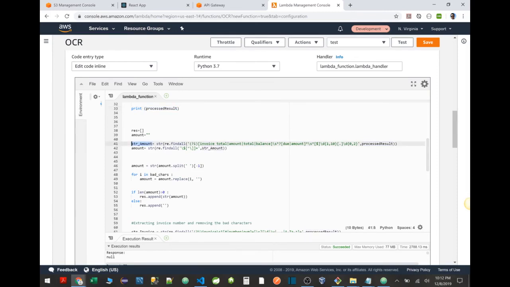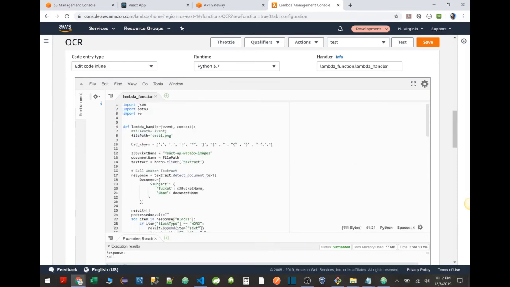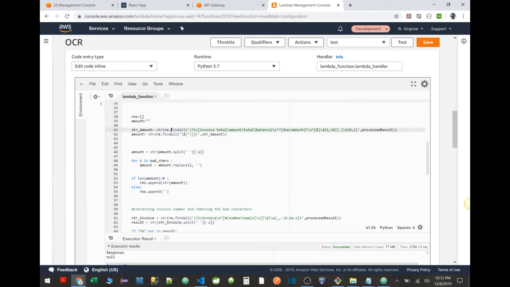And so re was basically the library that we imported in our Python code, and we used it to find all the possible matches from our AWS Textract result. So if amount exists there, we're going to have a value, and then we're going to split this amount, because the result is going to return, for example, total space amount, and then space